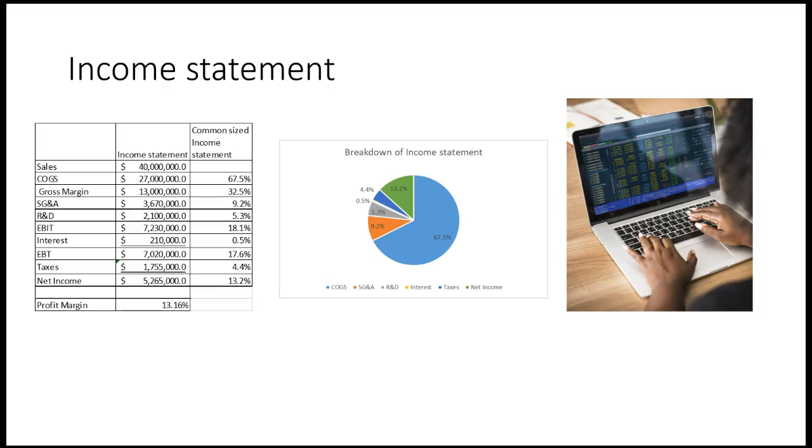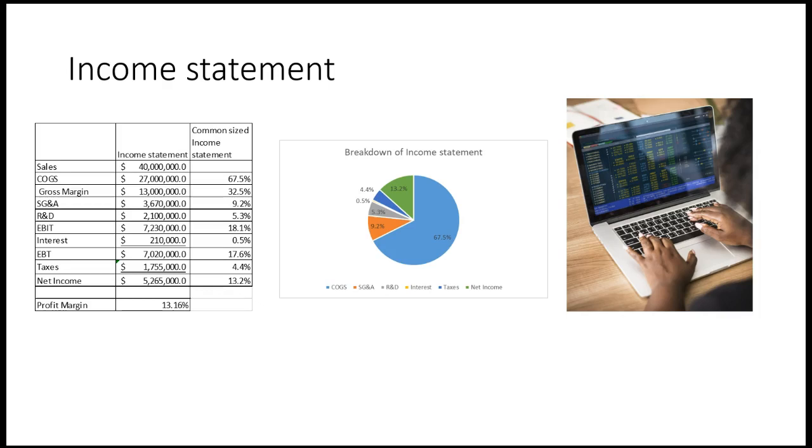Some companies will call it cost of revenue instead of cost of goods sold. Typically, when companies are providing a service and they're not producing tangible goods like a machine or an auto, they may be providing insurance services or insurance products, then they may call it cost of revenue. But the important part when you're looking at the income statement is to focus on the next line, which is typically called gross margin. Now, in some companies, if it is very manufacturing focused, you may find it will say manufacturing margin.